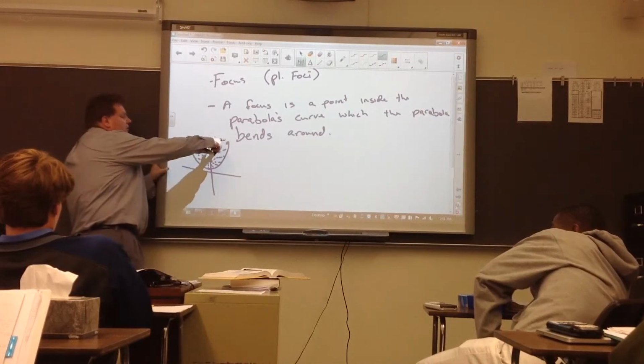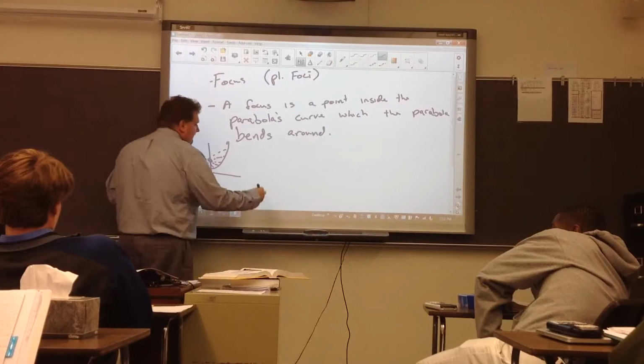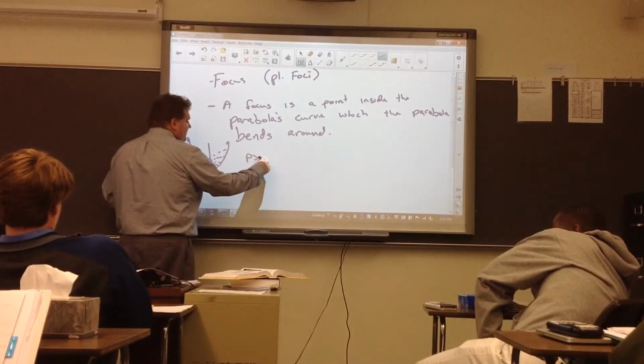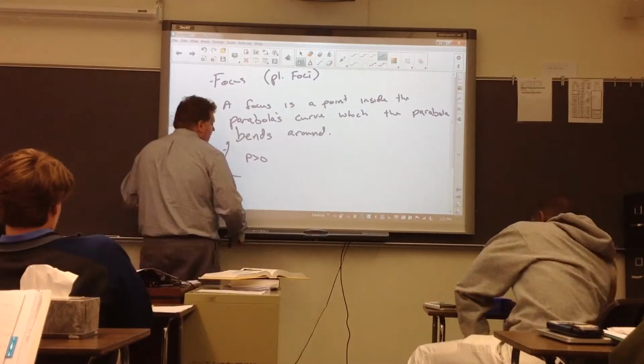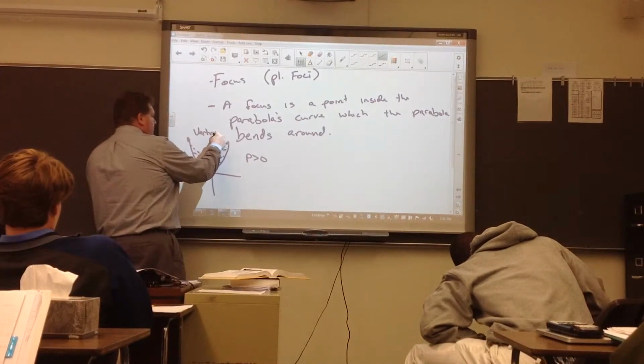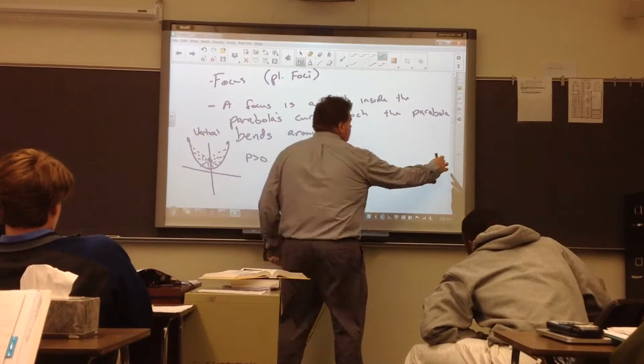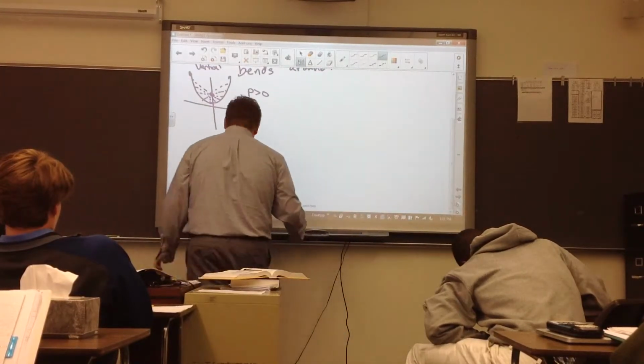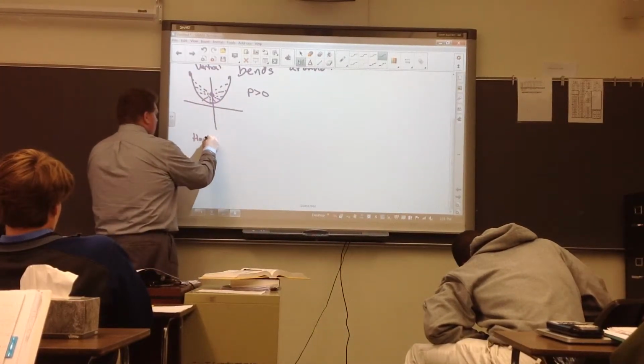When a parabola opens up this way, p is greater than 0. So it's greater than 0 for a vertical one like this. And for a horizontal one that opens rightward,